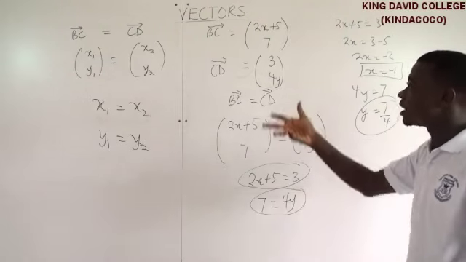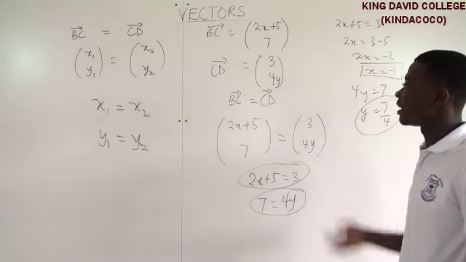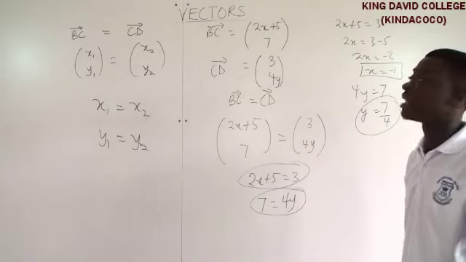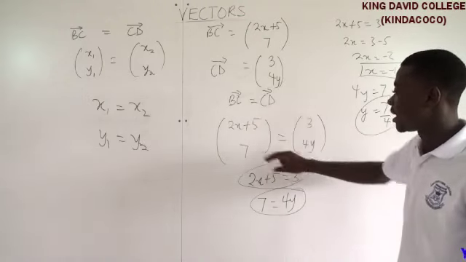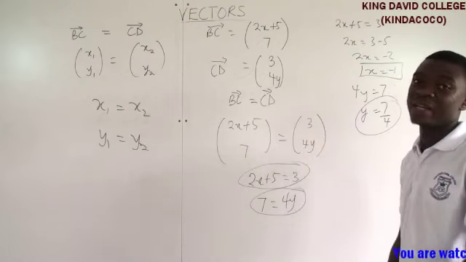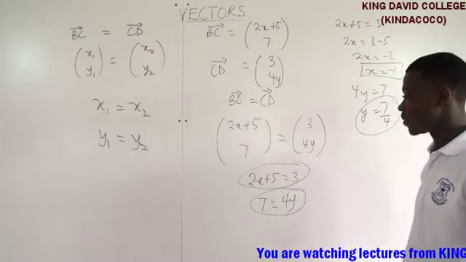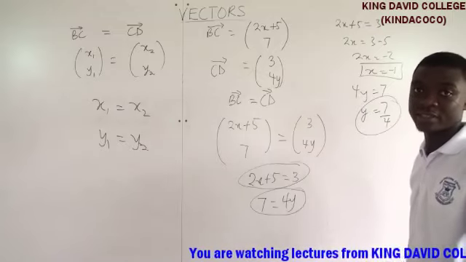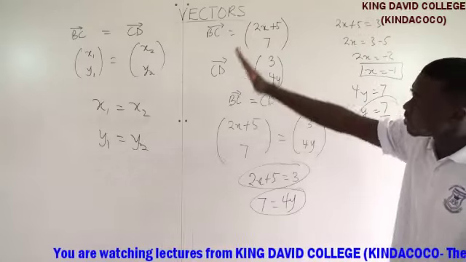So if you have equality of vectors, they tell you one vector is the same as the other. It's just a matter of equating the two. You equate the x's together, and then you equate the y's together. That is what we refer to as equality of vectors. Alright, so with this established,